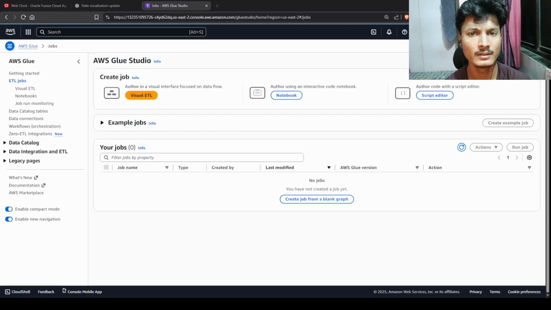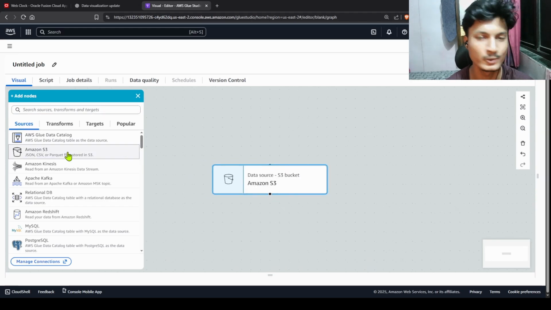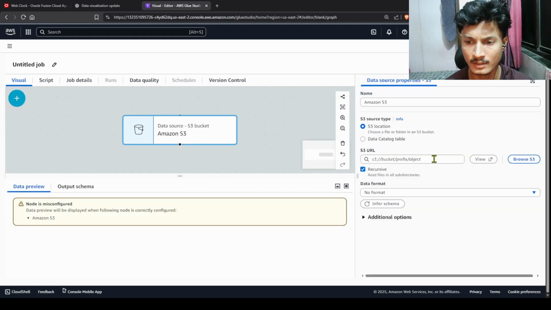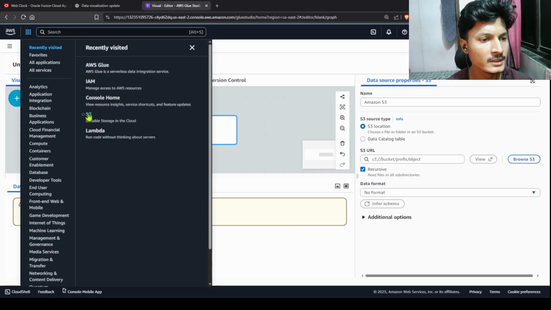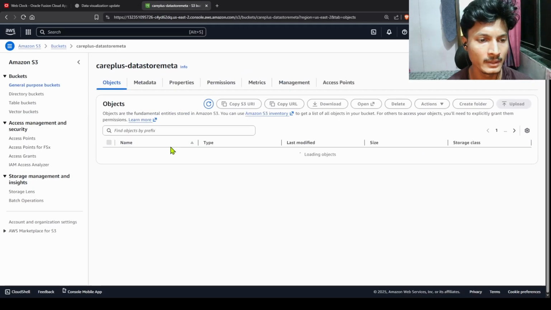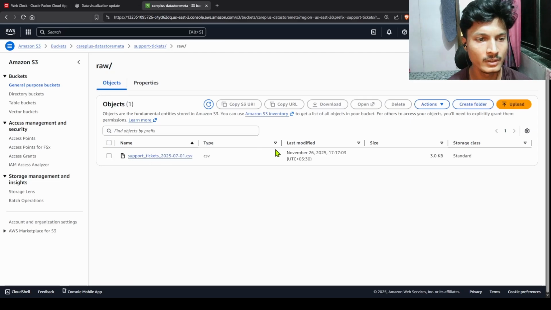It is very simple and straightforward. Now I'm going to do the ETL visually here, so simply click on visual ETL. Now here I have to select the source. The source is basically Amazon S3, for obvious reasons. And here you have to set the URL. To get the URL, you can go to the S3 bucket. Since we are using this for support tickets, we have to copy the support ticket path. So go to support tickets, raw folder here,